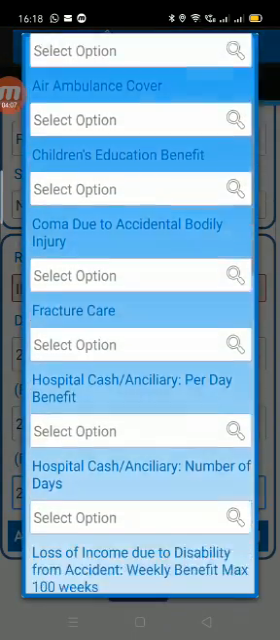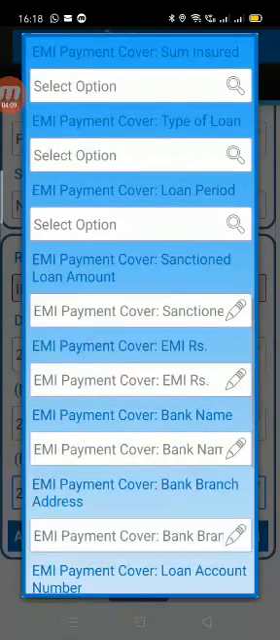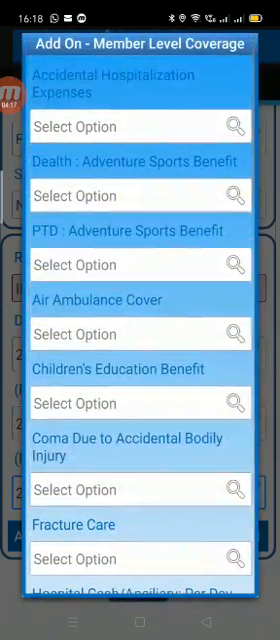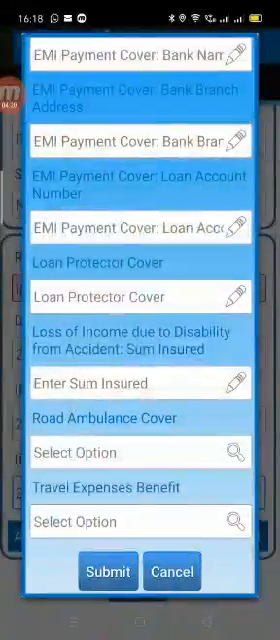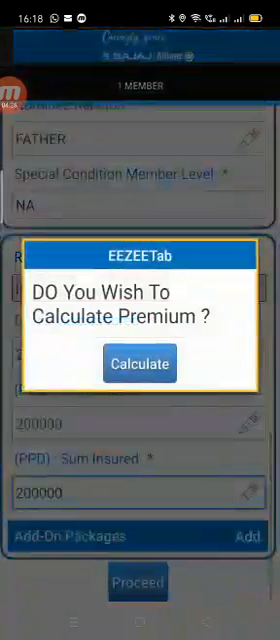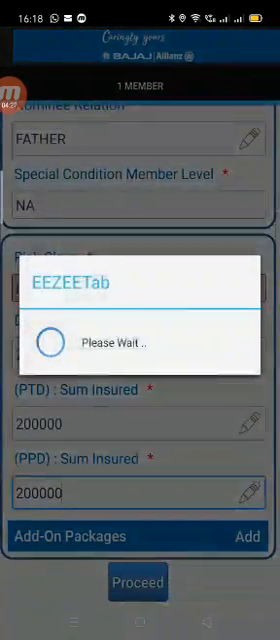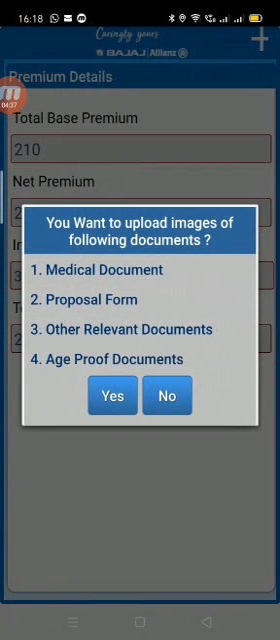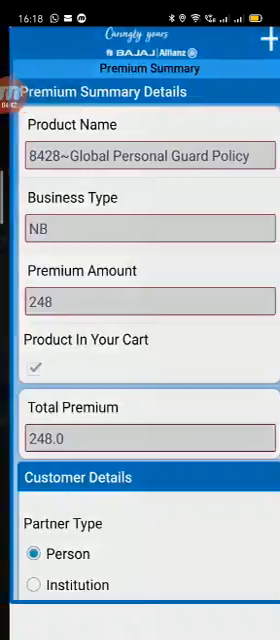There is a provision to add add-on packages. There are various add-on packages along with this Global Personal Guard Policy, GPGP. Any one of them can be selected by the user or the customer and submitted. In this case, I'm just cancelling it and proceeding ahead. Do you wish to calculate the premium? The premium details will be shown with the total premium as 248. I'll proceed ahead. The system will ask you to upload the required documents. I'll just say no